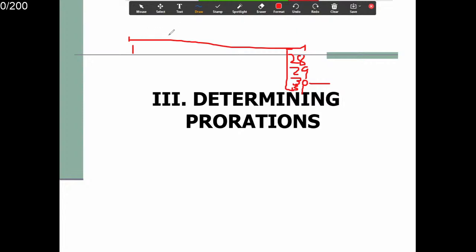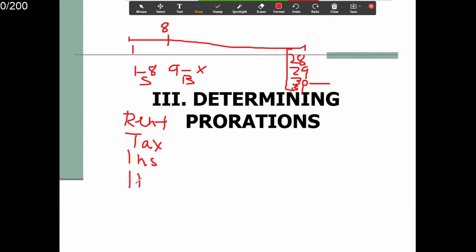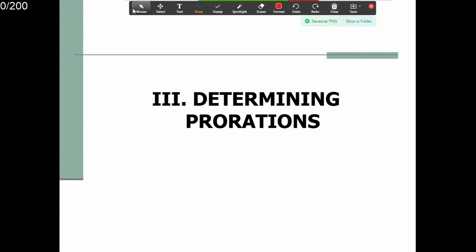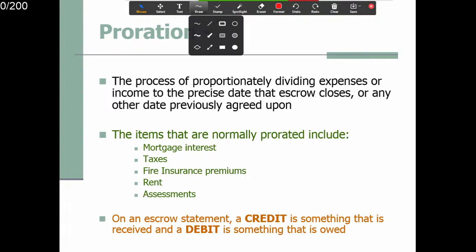Okay. So if they falls on the 8th, okay, the 8th day is still the seller. 1 to 8 is the seller. 9 to X is the buyer. Okay. So what are we prorating? Rents, real estate tax, right? Insurance, if they use the same insurance policy, HOA, etc. OK，所以它分配什么东西呢？如果他投资房子是租金嘛，right？房地产税啊、保险啊、社区费啊等等。Okay, so looking at this, so it's the process of proportionally dividing expenses or income to the